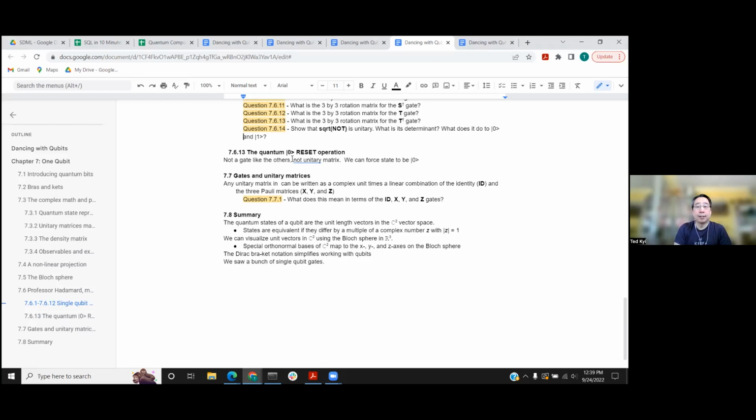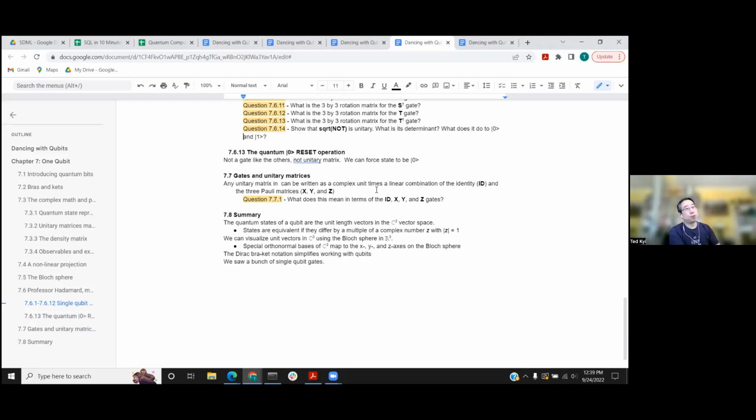There's also this interesting thing that any unitary matrix can be expressed as a complex unit times some linear combination of the identity, X, Y, and Z matrices. There are only 4 numbers in a 2x2 matrix, so this is your basis. The identity, X, Y, and Z will span all possible 2x2 unitary matrices. I'm not sure what that means. Maybe there's some deeper connection, but basically,